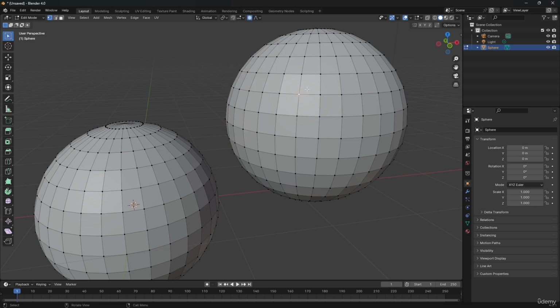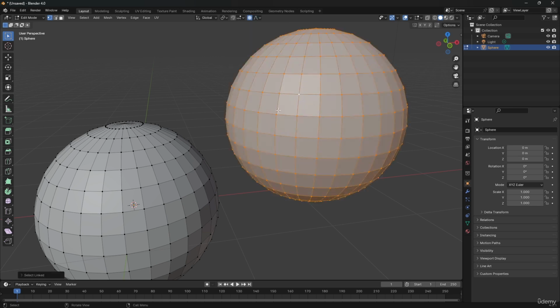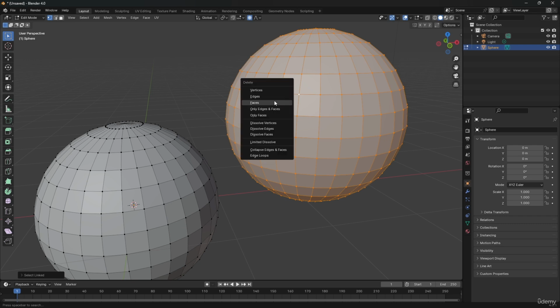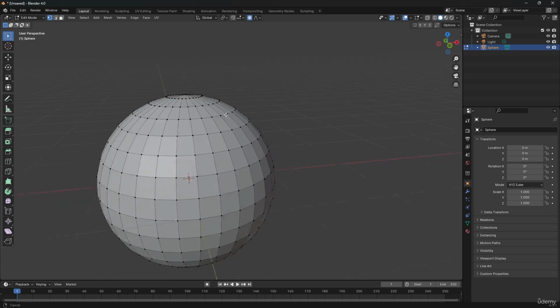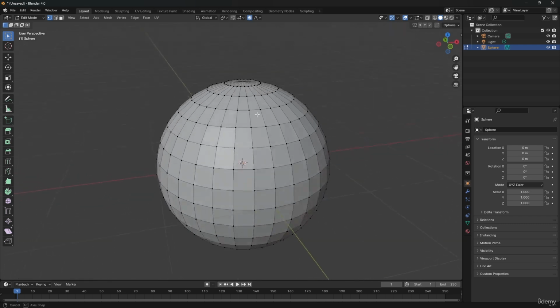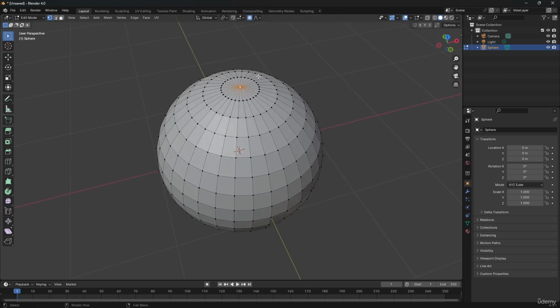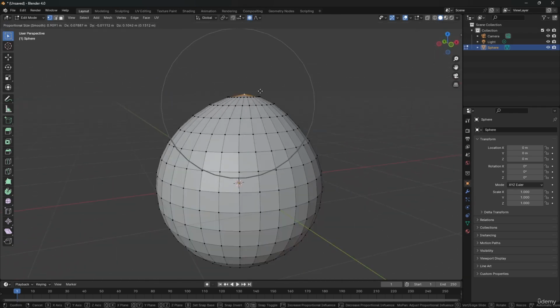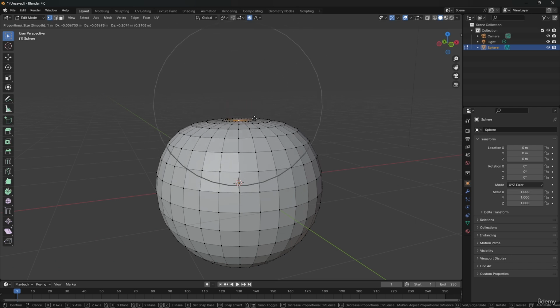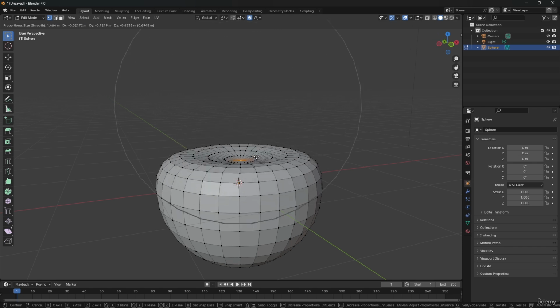So hover your cursor over this sphere and then press L to select it, and then press X to delete vertices, just to get rid of it. For example, for creating an apple, we can go ahead and select this main vertex point. With our proportional editing enabled, we can just press G to grab, and then we can increase our fall off, and then we can move it slightly like that. So we're going to affect it a little bit more like that,